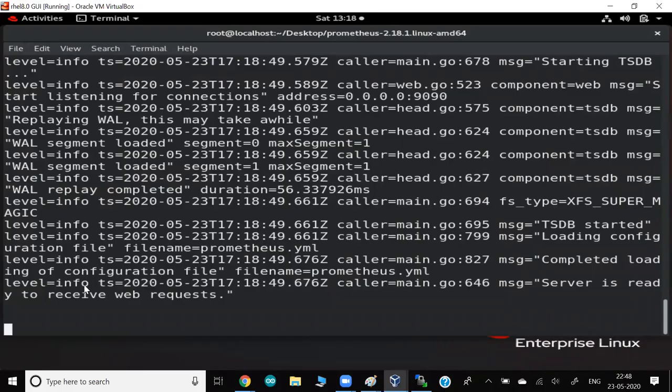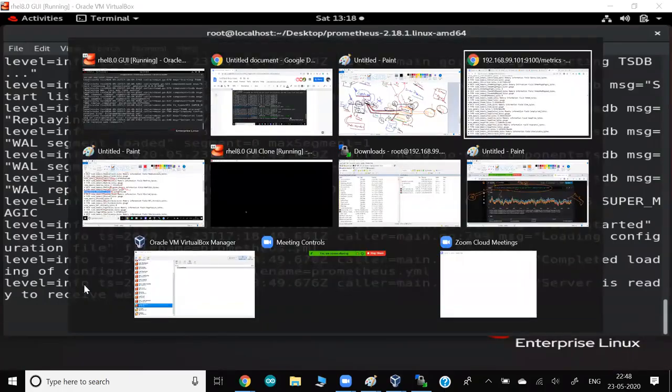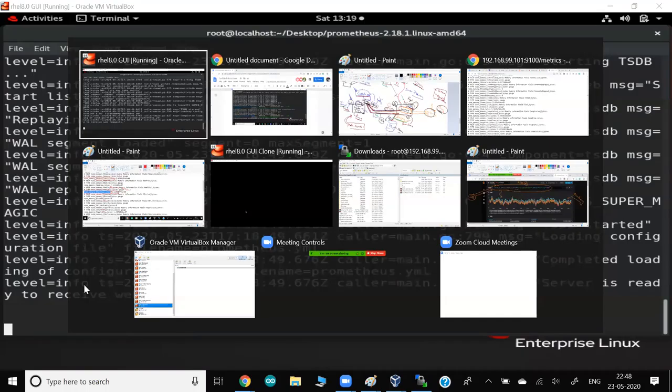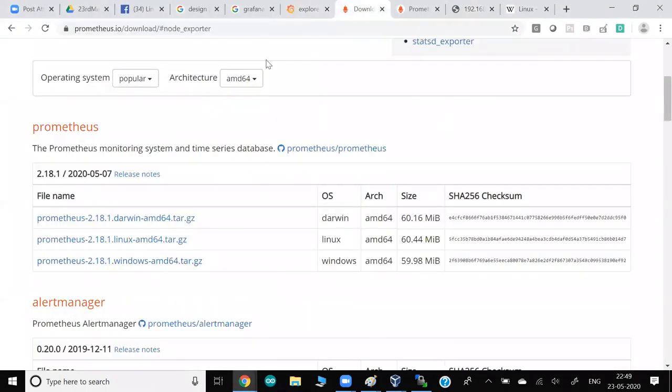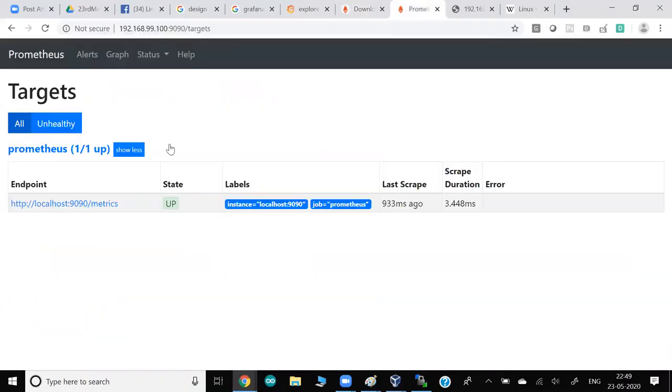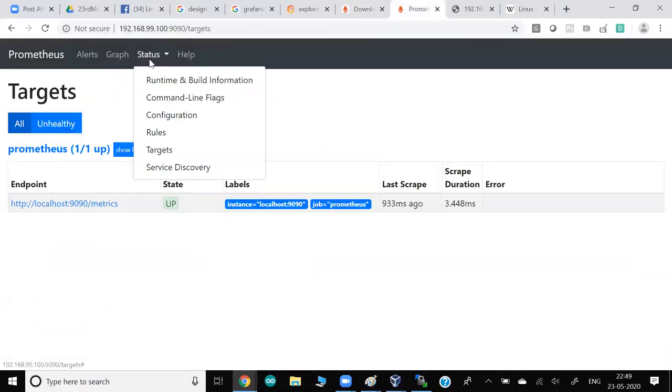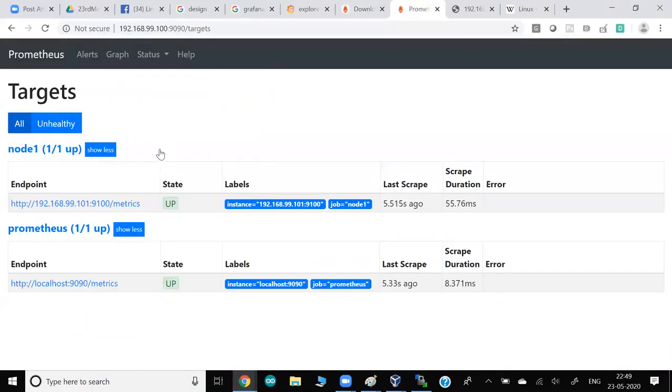Now we will see one interesting difference. If you go to the Prometheus server, this is my Prometheus server. Now if I go to status and targets, what you will see is that one more target has come up, called node 1, and it finds that node 1 is up.